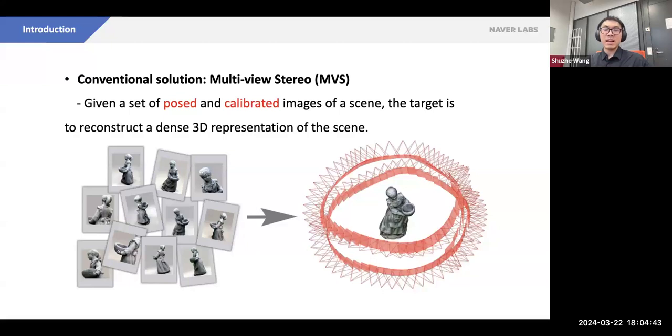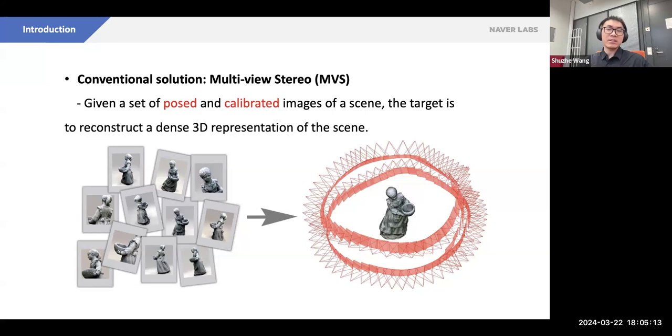We definitely have very excellent tools like COLMAP or OpenMVS, and in recent years, with the development of deep learning, we also have neural-based ones like MVSNet, or with implicit representations like NeRF-based surface reconstruction. But all of these methods require one